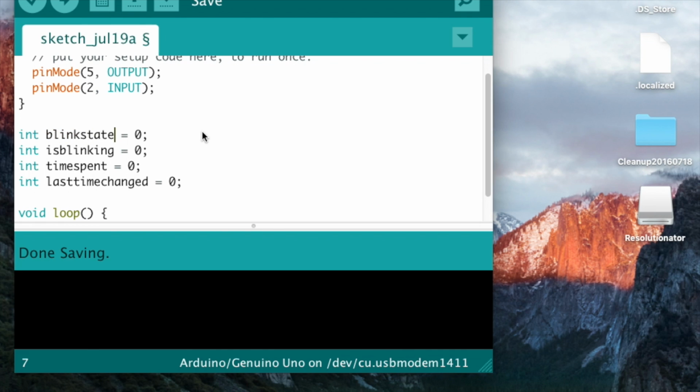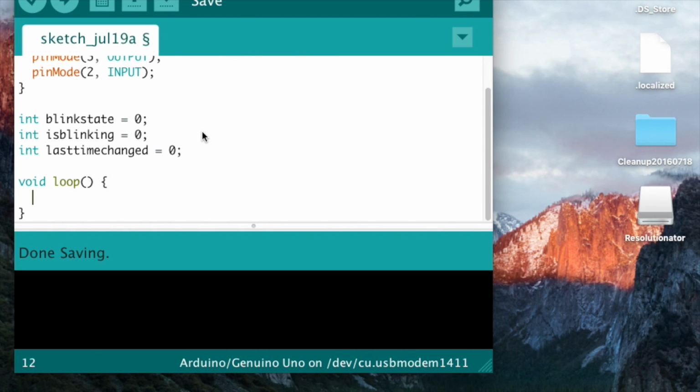So is blinking tells me whether or not I should be blinking. And blink state tells me whether the blink is on or off. And the time spent tells me, actually I don't need time spent. I just need the last time we switched. Okay, so what we're going to do on our loop, we're going to say